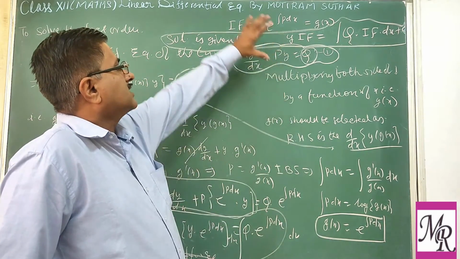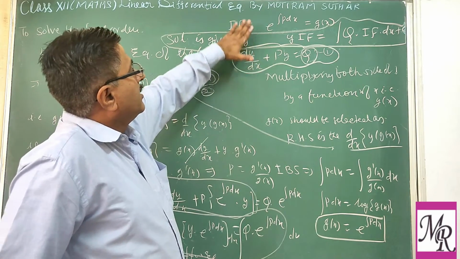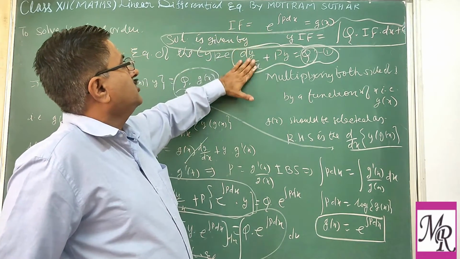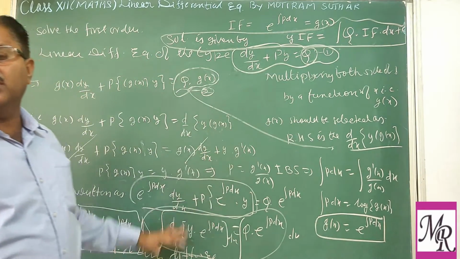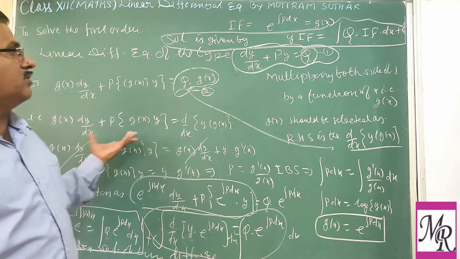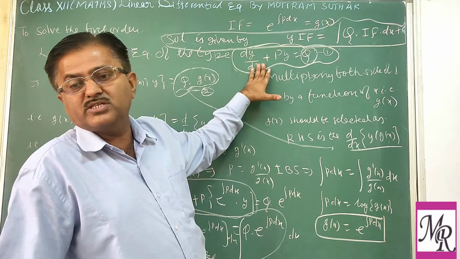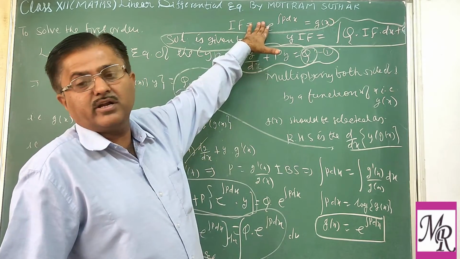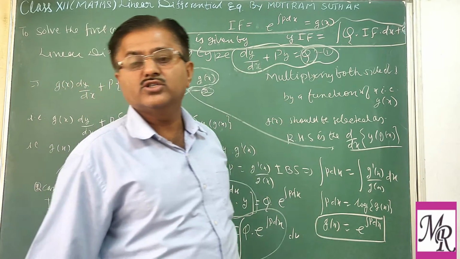So we take one or two examples. With the help of these examples, the important things are the form, the integrating factor, and this solution; these three you have to remember. This is the general method of how we get the formula. If you want to learn it, then learn it. Otherwise, always remember these three things: which form is given, what the integrating factor is, and what its solution will be.